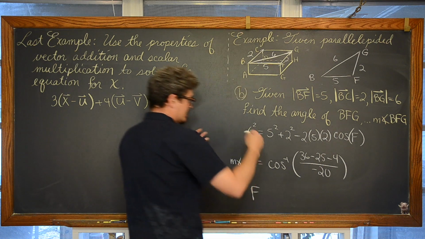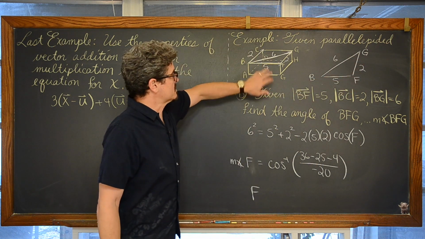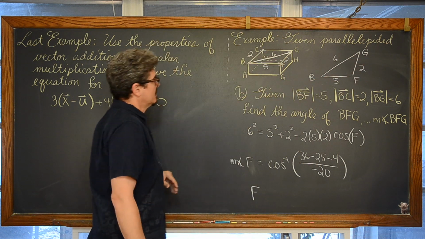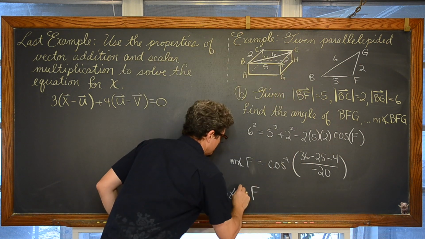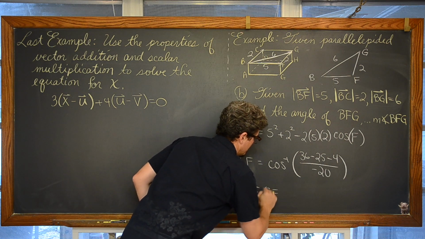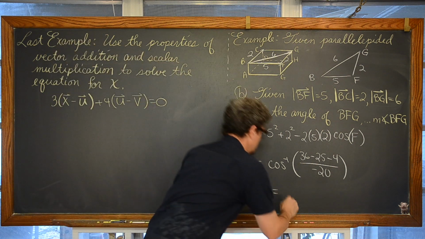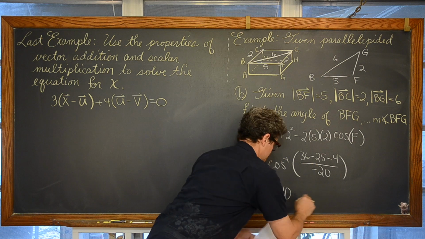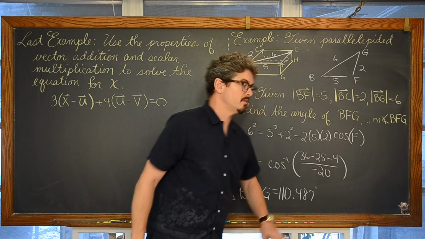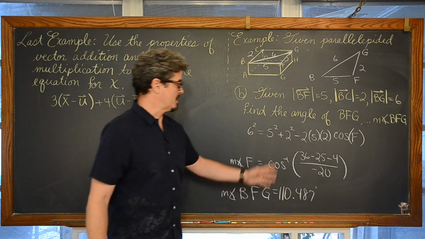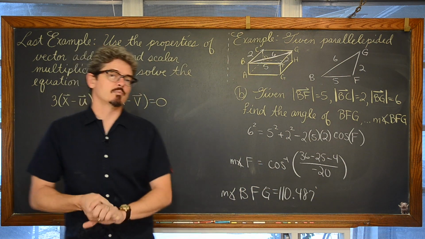Now I just dropped to one letter naming of the angle because I pulled this triangle out to the side. That's not very good though, because there's all kinds of angles coming off of that vertex there. So the measure of angle BFG, right off the top of my head, is equal to 110.487 degrees. And don't round this off too soon. Put this in exact format, or your negative 7 over 20, into the inverse cosine function. Don't round off until you get to your final answer, and then you can round off to 3 decimal places.